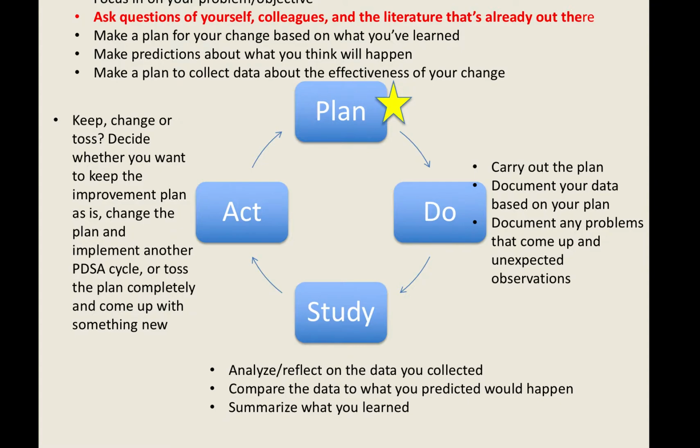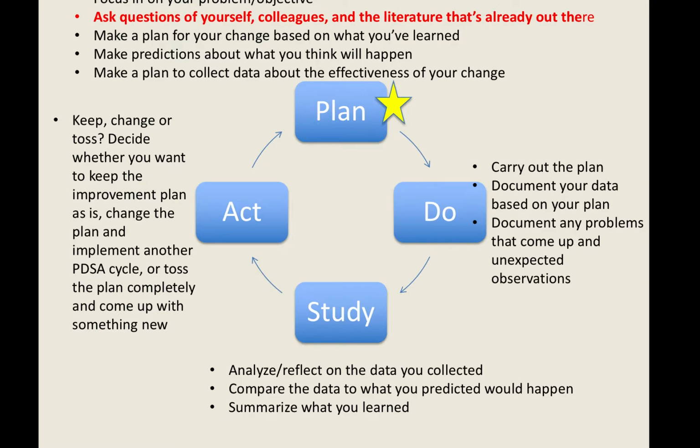So now that you've really focused in on your problem of practice and your causes, we're going to look at, okay, so now I know what the issue is, but how am I going to figure out what I want to change? What are some ideas and strategies out there? And the whole point of doing these annotated bibliographies is because pretty much anything that comes up in the classroom has probably happened to another teacher in the past, right? So there's lots of research and lots of resources out there that you can turn to